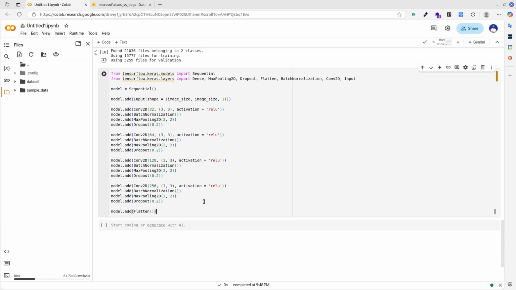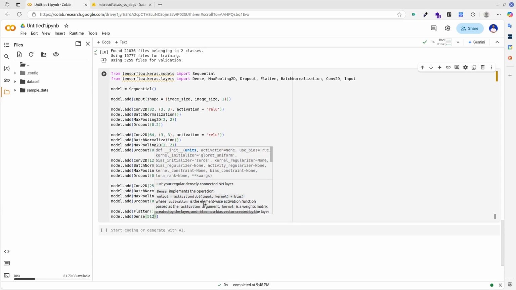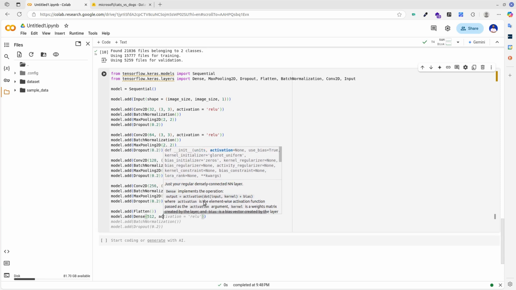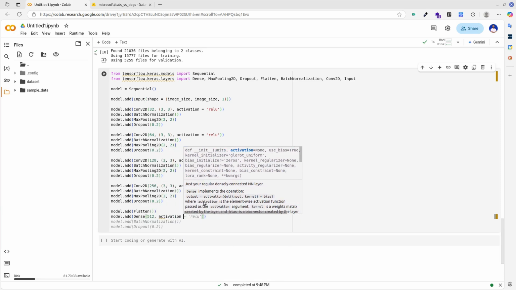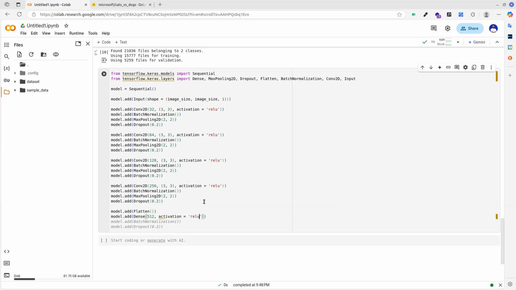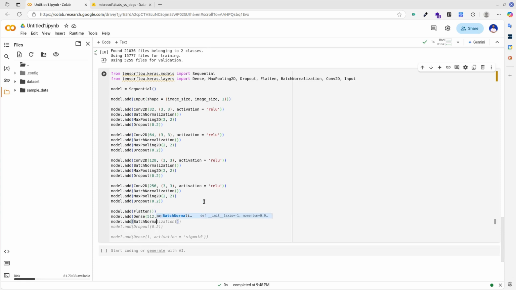The flatten layer reshapes the output of the last convolutional layer into a one-dimensional vector, preparing it for the fully connected layer. The dense layer, also known as the fully connected layer, is a layer where each neuron is connected to every neuron in the preceding layer, enabling the model to learn complex relationships between features extracted by convolutional layers. These two layers should be followed by another batch normalization and dropout layers.